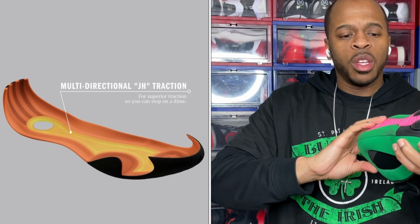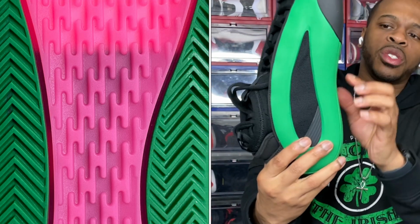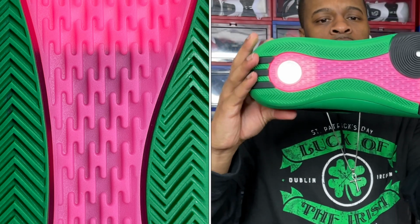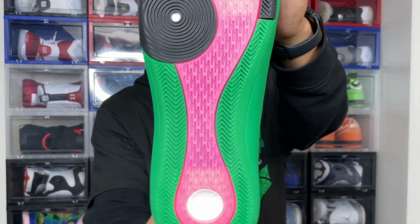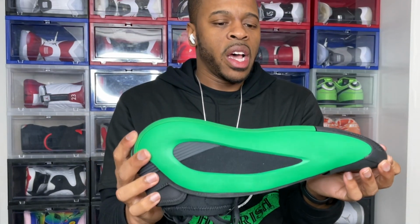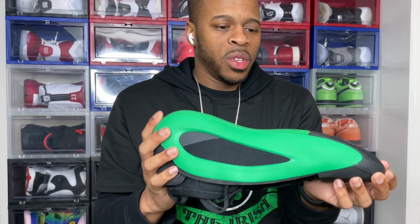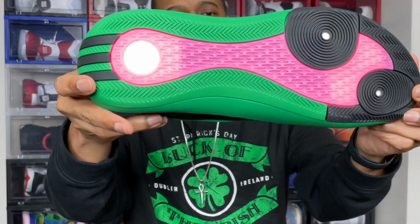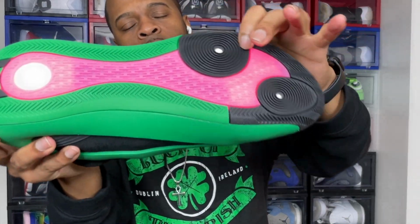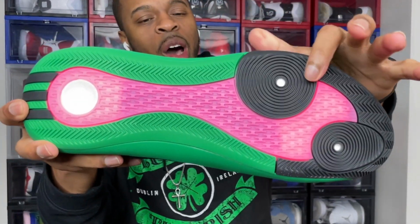The reason being, when you look towards the pink on the outsole, you'll see there's a bunch of JHs going in different directions, at least up and down on the actual shoe, which I think is a great touch. Unfortunately, some people were saying that between the multi-directional pattern, the padding towards the herringbone section, and the circular pattern,